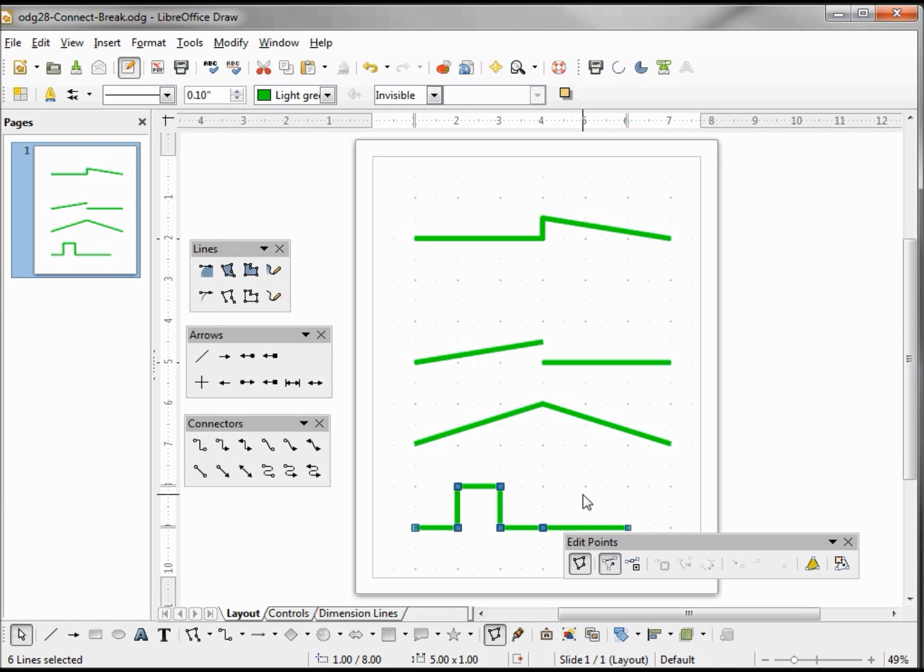I need to click off it because it's all selected as a single right now. But clicking off there, we see 1 line, 2 lines, 3 lines, 4 lines, 5 lines, and 6 lines. So the break breaks it at all the transition points, and split curve only breaks the line at that one single point.